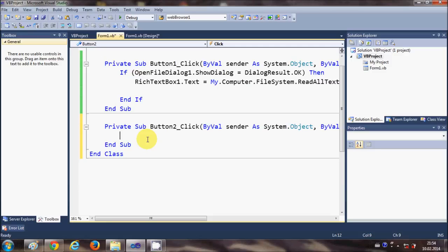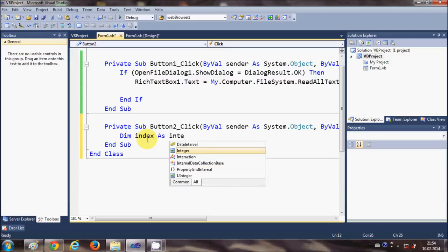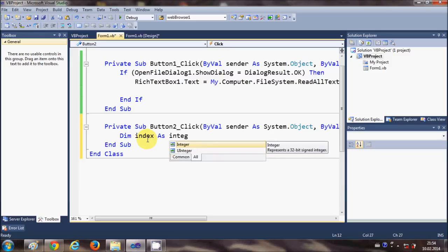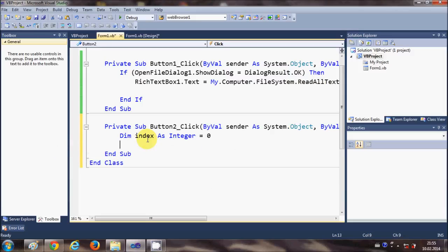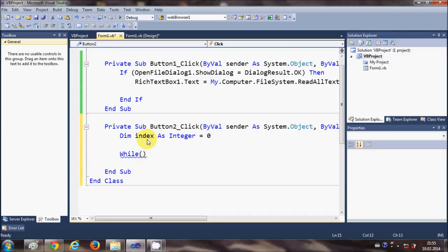So first of all I will declare an integer variable. So I will write dim index as integer is equal to 0, and now I will make a while loop. While, and inside this while loop I will give a condition. So I will write while index is less than